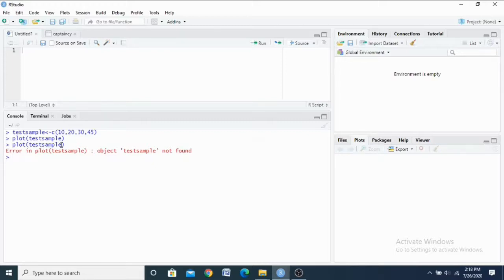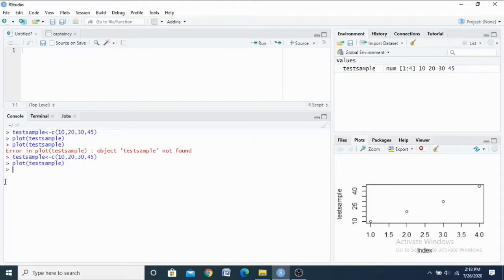The test sample value has been deleted. When I execute plot of test sample, it shows an error. Now if you execute the previous line, for example this one, and then try to plot, it will work as usual.